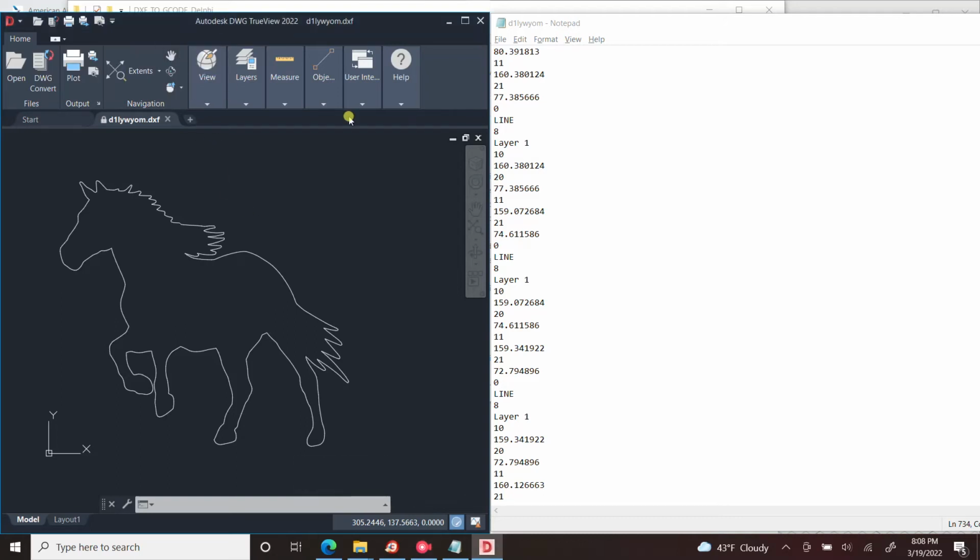So what we're going to talk about here is a DXF to G-code converter that I made on Delphi 7. Delphi 7 is a visual programming environment, object-oriented, and basically what this software that I created does is turn a DXF file into G-code. The DXF file is a simple